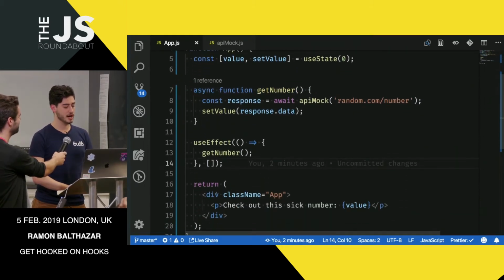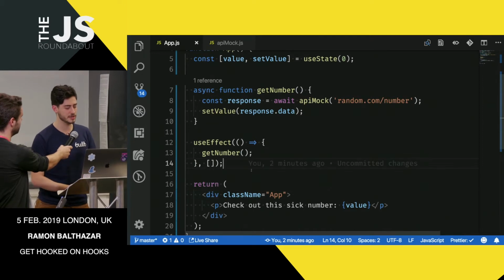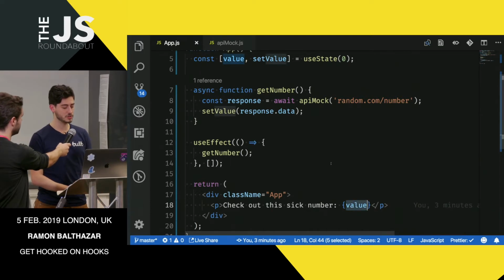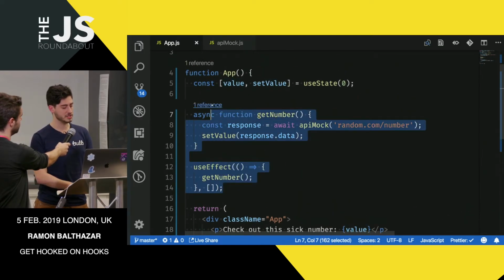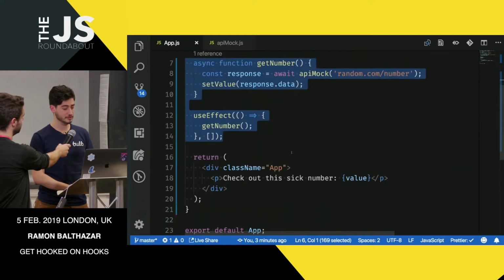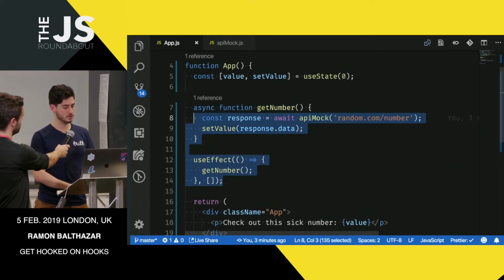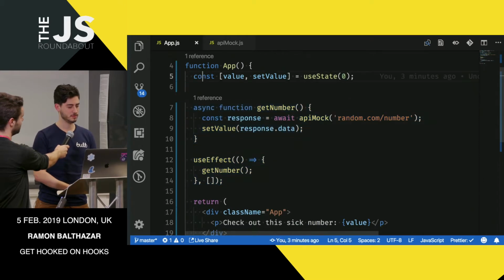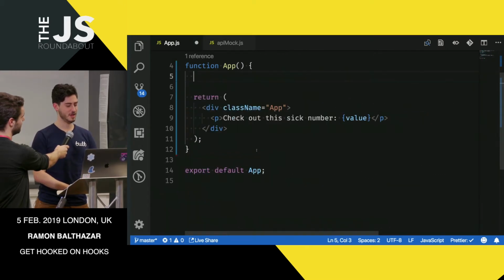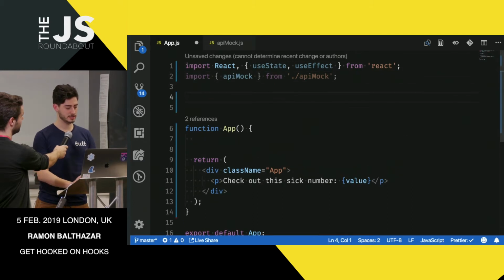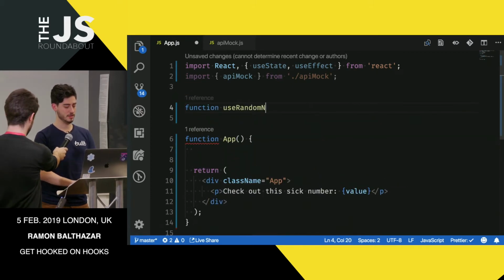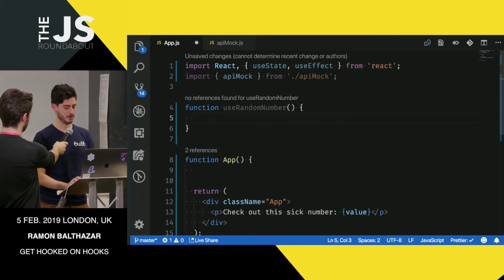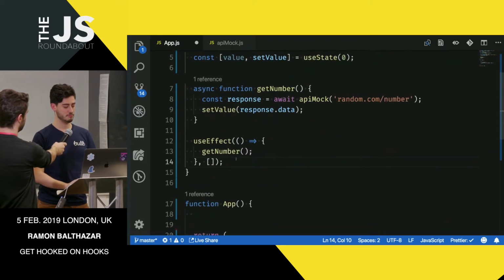You can see here that the component itself only consumes the value. All of this code is here to support getting the value. What if we could extract this into some hook, some external function, useRandomNumber, and it will return the number.